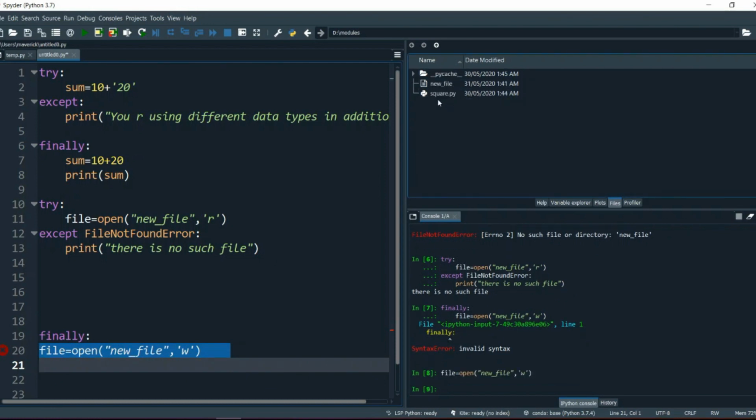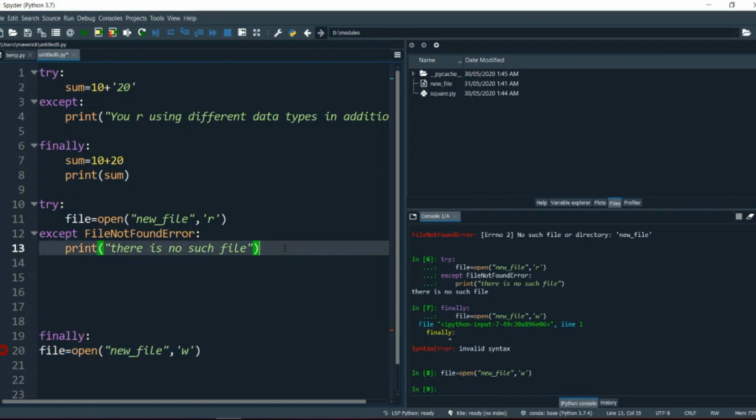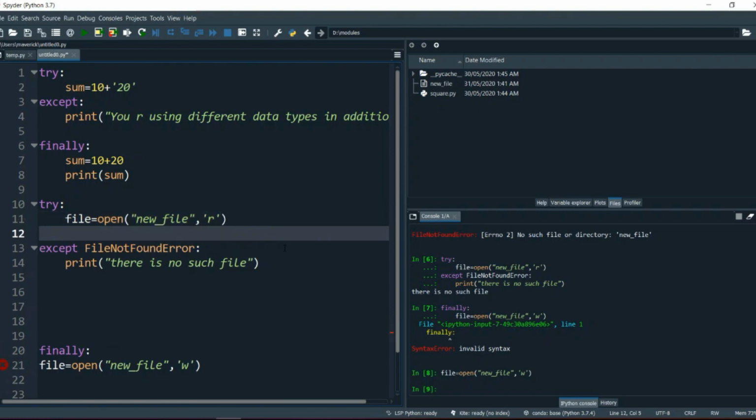Okay, our file is created. You can see here a new file name is created over here in the file section. Okay, now the file is created. Now if I say file dot write,